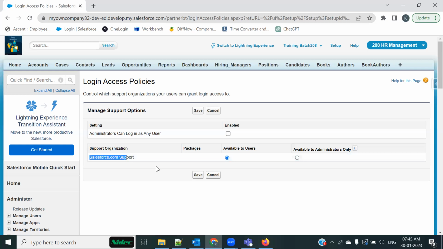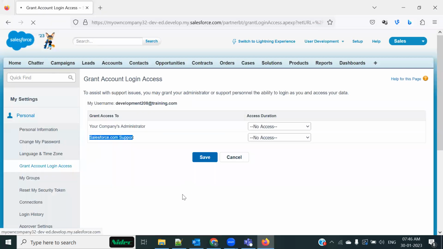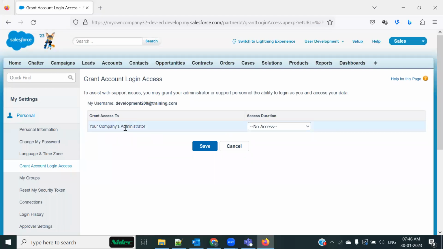salesforce.com support. But if you select the second option, available to the administrator only, and save it, see what is going to happen in that case. I'll just go back and refresh this. Now the second option has gone. That means any user of this organization, not just this one,